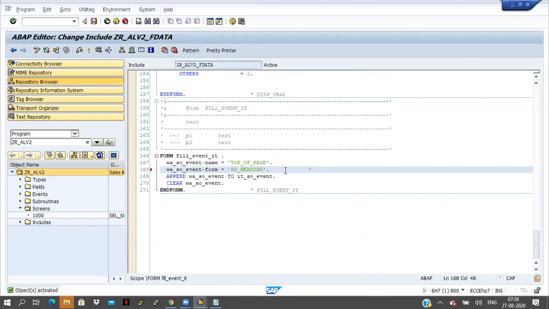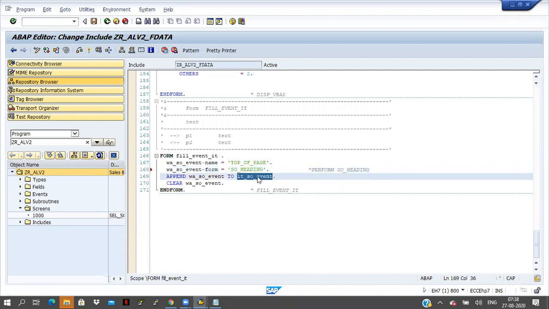Internally, in the back end, the system will call perform SO_heading. Now I will pass this internal table name to the function module.